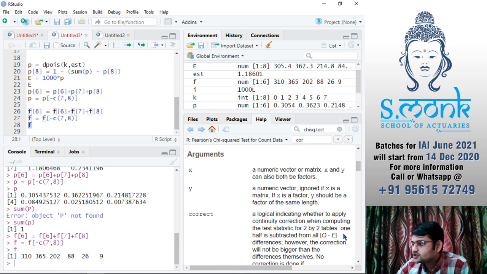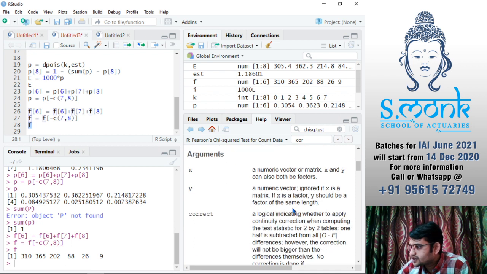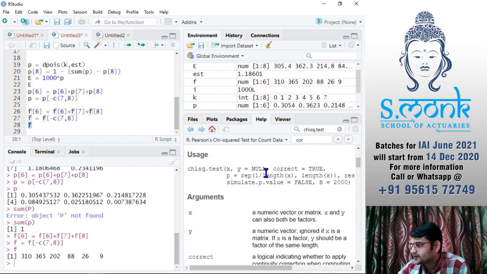Okay, so it's okay, let it be continuity correction. Rather, you can skip continuity correction also, that does not matter, because in our written paper we do not use continuity correction, but here you can, does not matter. We'll not even specify that. So we'll specify this is going to be our frequency. Then we'll specify our p, that I have also named p.